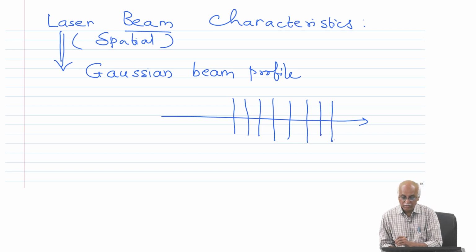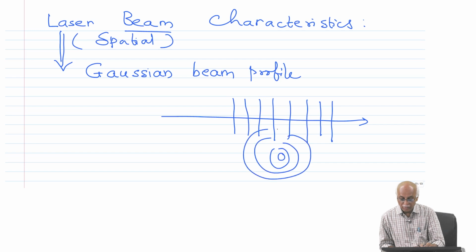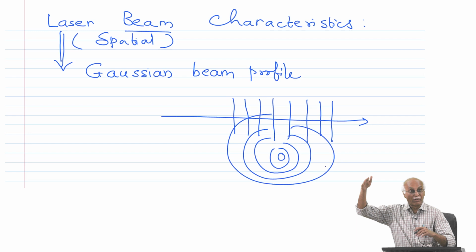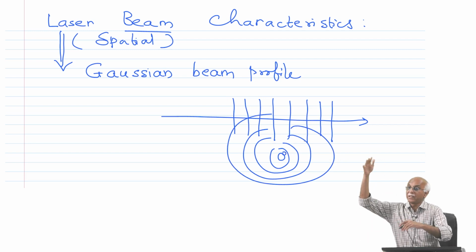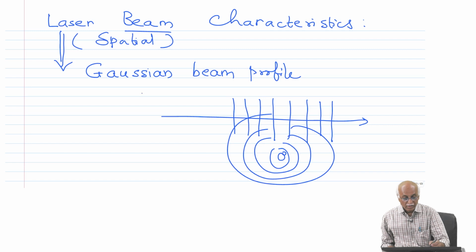And if you take a circular wave front, that means from a point source, the wave fronts will keep expanding with radius as the light goes away. The Gaussian beam profile is somewhat a combination of this. That means, at the beam waist position it is a planar wave front,